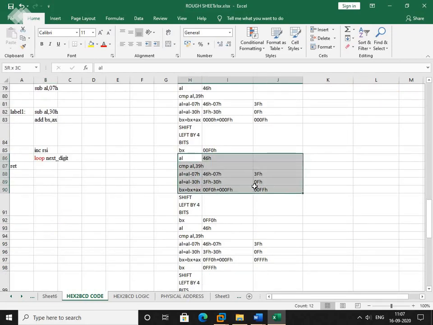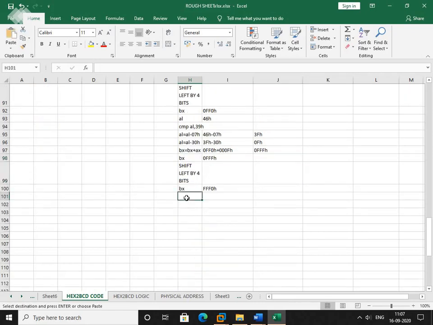So again the content of AL is 46H. Compare it with 39, it is greater. So subtract first 7, then we will get 3F. Again subtract 30 from that, we will get 0FH.